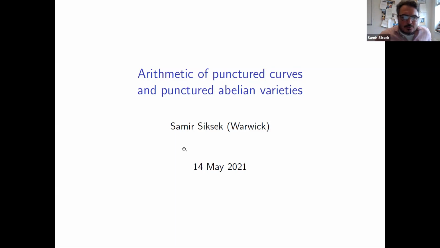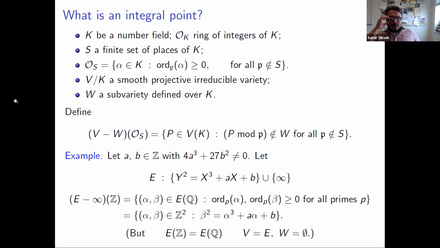So this is a subject that I didn't know much about before lockdown, and I still don't know much about it. So I'm probably missing out lots of stuff. But I thought it's a good thing to talk about because I think there is a lot of potential for people to come up with new theorems in this area, and I'll suggest some directions as we go along. So here's sort of what I knew before COVID.